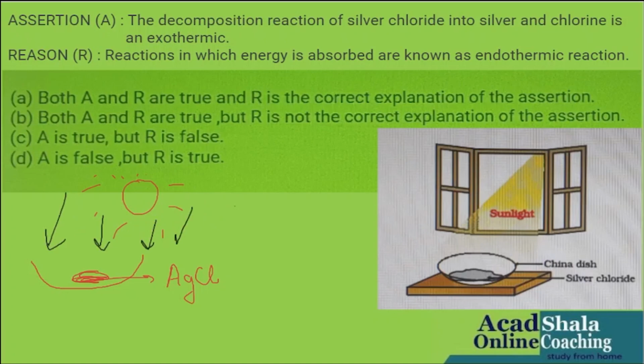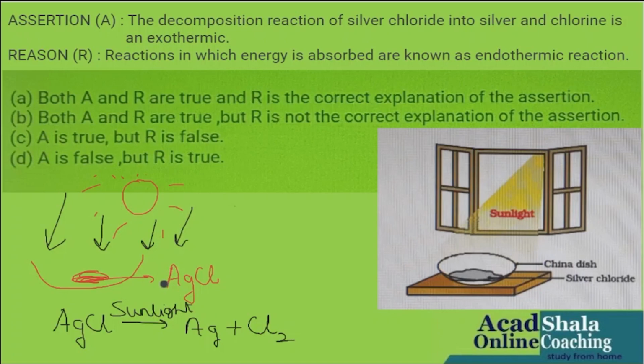Yes or no? It will absorb the heat. And then the reaction will take place, which you know. That is AgCl in the presence of sunlight gives you Ag plus Cl2. Now we know when this silver chloride will absorb energy, then this reaction will take place. And when the energy is absorbed, we know it is said to be what, children?